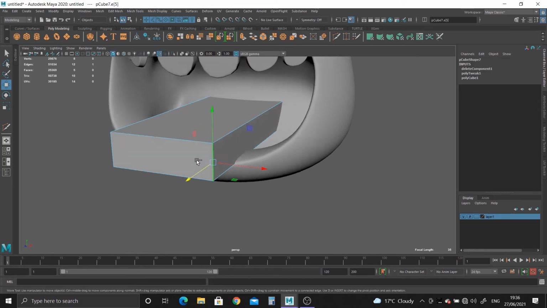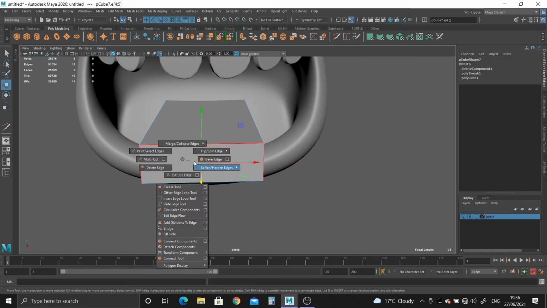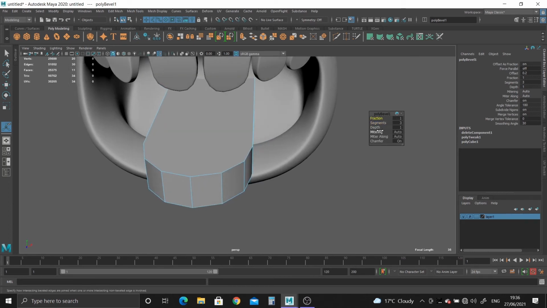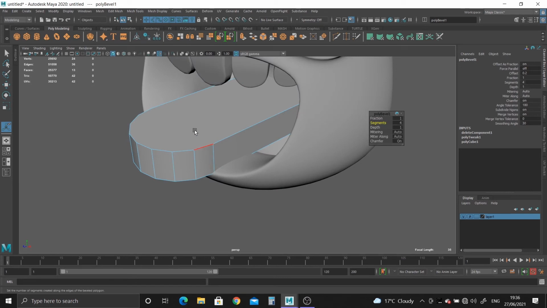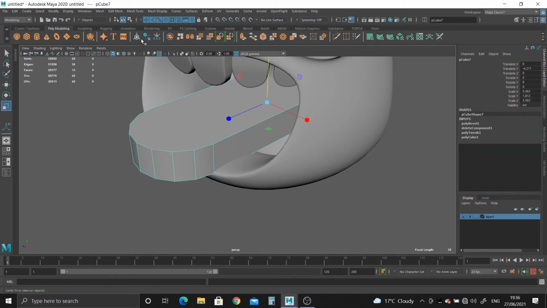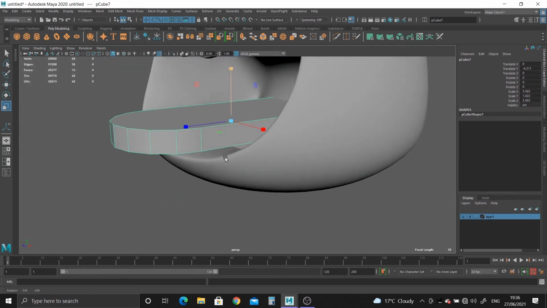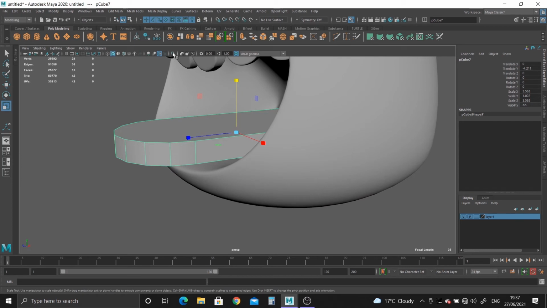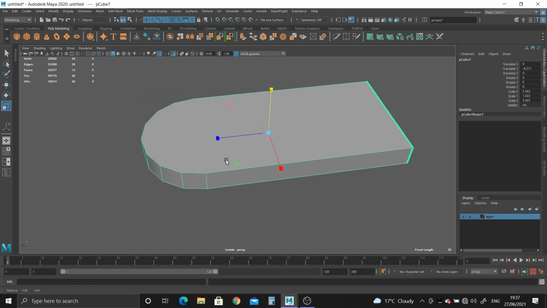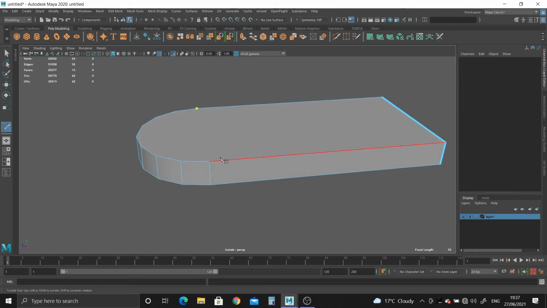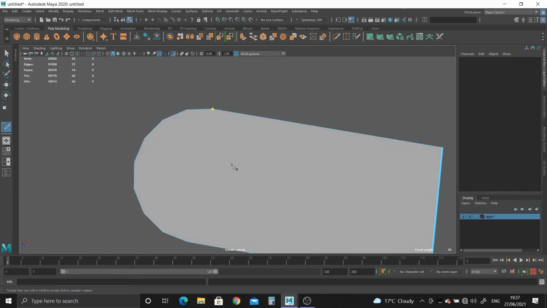And again, for a tongue, you don't want it to be squared off, so let's just round off the edges of that. And let's bring the fraction in. Maybe something like that. So you've got the tongue there. It looks a bit too thick. There we go. And click on this little square here. You can isolate select, so you can just focus on the work that you're doing. In this case, the tongue,